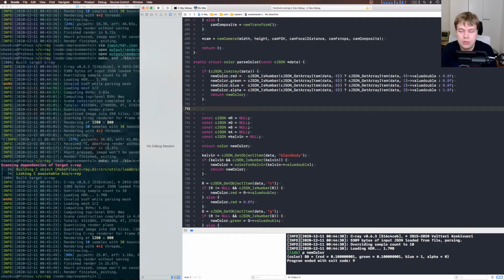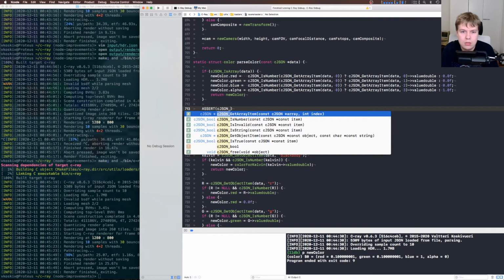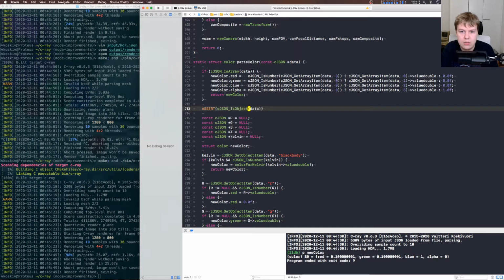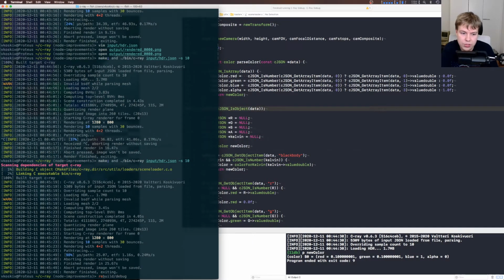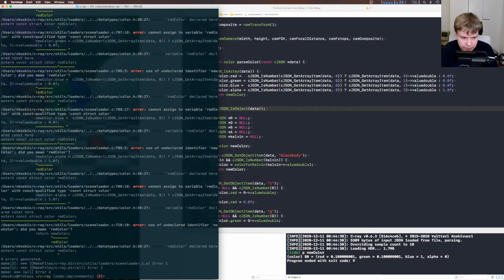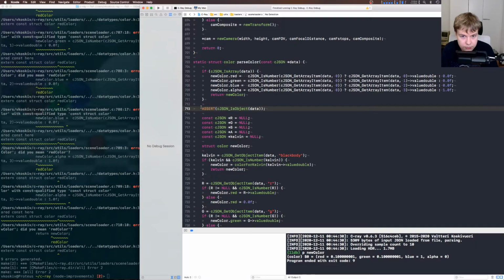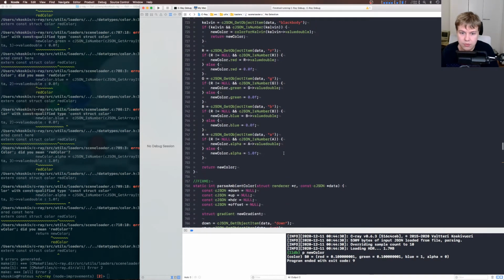And here we'll do like assert JSON is object data, like that. And we should really be using debug builds for testing, because assertions don't get fired when the